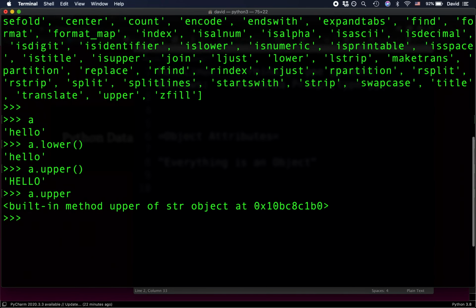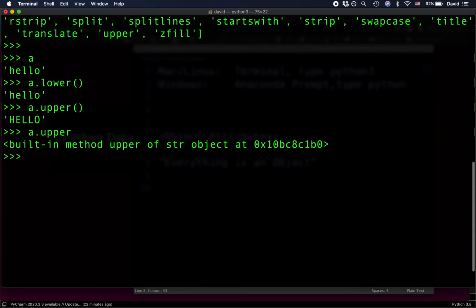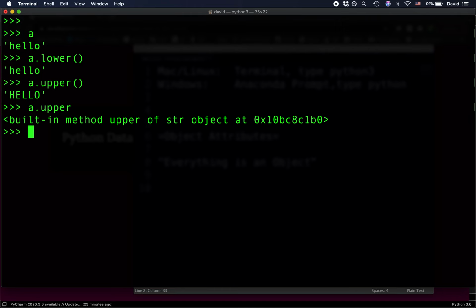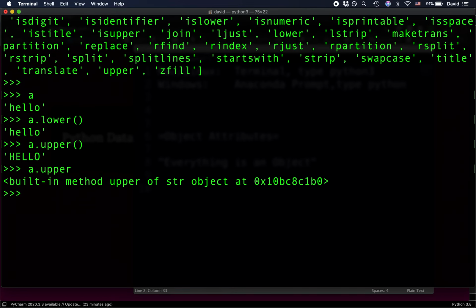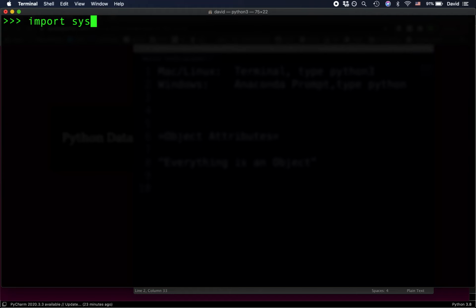So the first thing to understand is that everything in Python is an object. And one of the things that we know is always true of every object is that the object will have attributes. Now, what is an attribute? For a string, it's a method, but we see other attributes that aren't methods. We can see attributes that actually point to other things. For instance, let's look at an object that you might not think of as an object, the module. You know that when you import a module, you're making other Python code available to your program, as when we say import csv and then csv.reader, or import json and say json.load, or when we say sys.argv